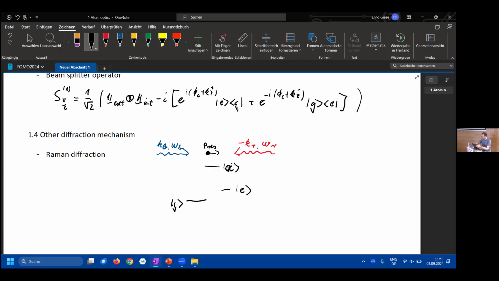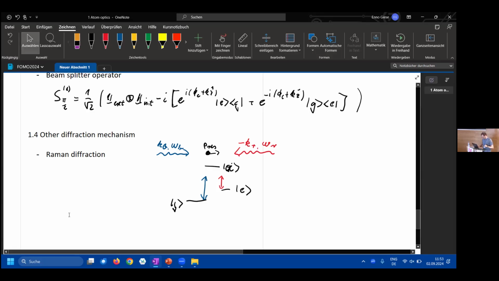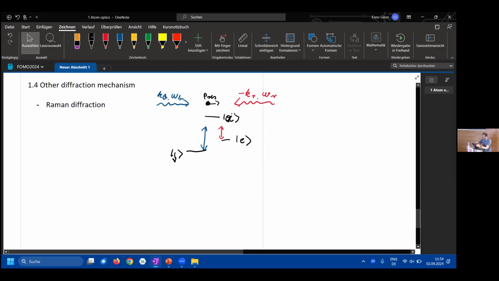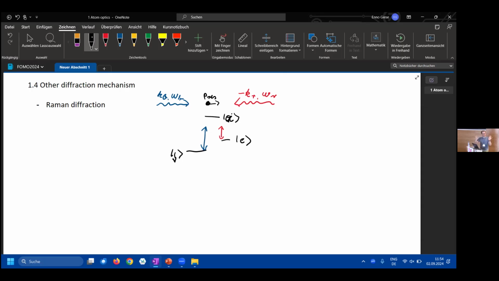And now what we do is we use this blue light field to couple to the auxiliary state up here. And we use no coupling to the excited state. And we use the red light field also to couple the excited state to that. And now, effectively, everything comes out in second order perturbation theory. You can already see what happens. And actually, I would have really liked to show that because it's also cool given the lattices that we see, because you can also derive how Stark shifts and potentials for the traps are shaped by just detuned